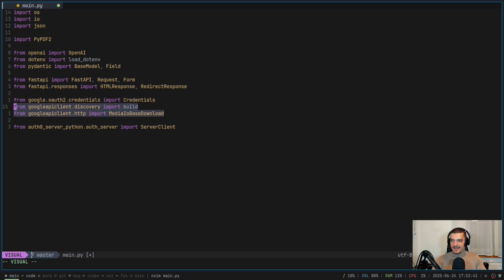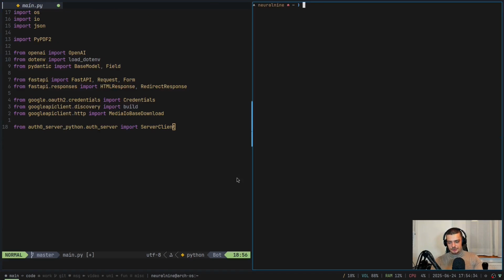Then we have the Google packages. We use this for handling the credentials, for downloading the PDF documents from Drive and so on. And finally, we have Auth0 server Python, which of course we use to connect to Auth0 and do all the authentication handling. So before we move on with the code, I'm going to jump now to the tutorial directory and add the dependencies. The packages are not always exactly called the same as the imports. So we're going to say uv add, or in your case, maybe pip or pip3 install, and then pypdf2, like this,